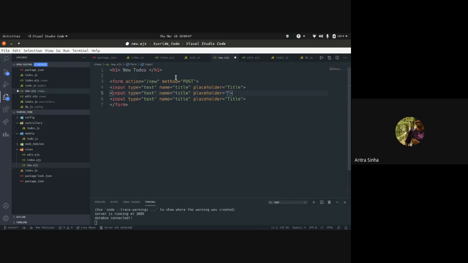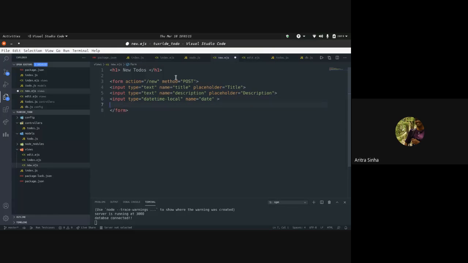Same thing goes for the description. Here also, the name is actually the most important part in the form, because if you get it wrong, it will be totally wrong. Date, time, local, this would be date, fine, and we didn't actually need a placeholder for this.